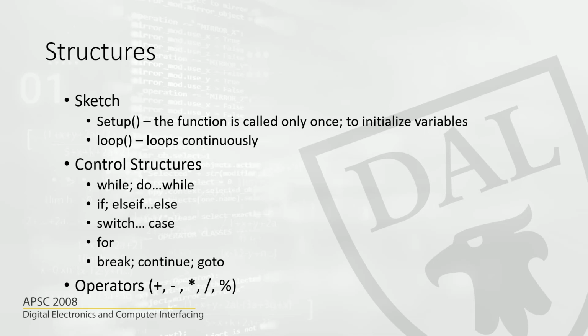So 5 divided by 2, the actual quotient is 2.5, but in this case it's 2 and the remainder is going to be 1. If you wanted to just get that 1, then you can use the modulo operator. Likewise, there are a lot of operators. We'll also see what other operators are available and how we can use them for our coding. And let's move